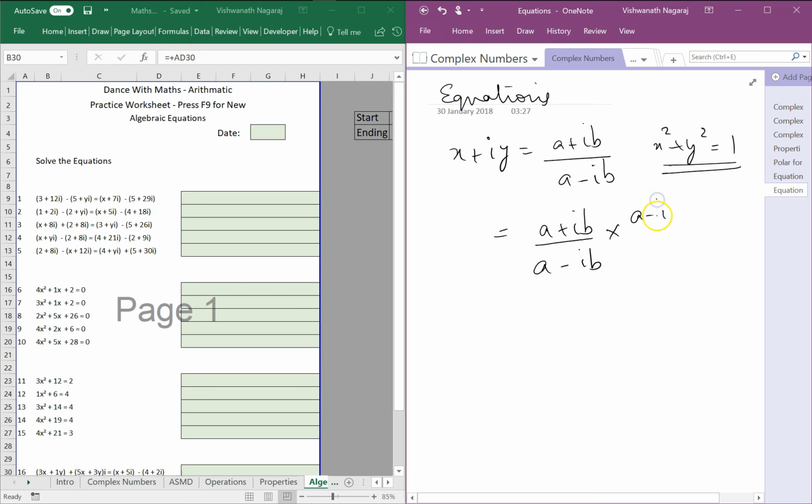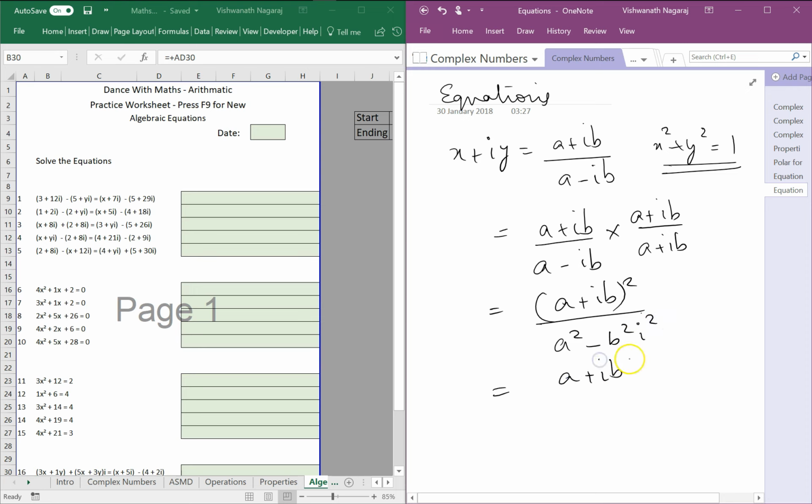See, the whole idea of multiplying by conjugate is that we want to remove the imaginary number from the denominator. That is the whole purpose. Okay, so (a plus ib) square, a square minus b square,